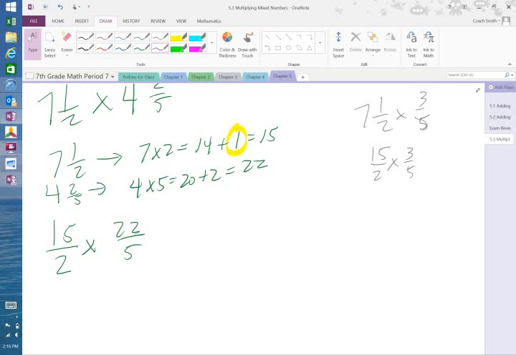All right, Jesse. So I can keep you awake back there. Is there a common factor between 2 and 22? Is it 2? Yes, it is. So 2 goes into 2 one time. 2 goes into 22 11 times. Now,